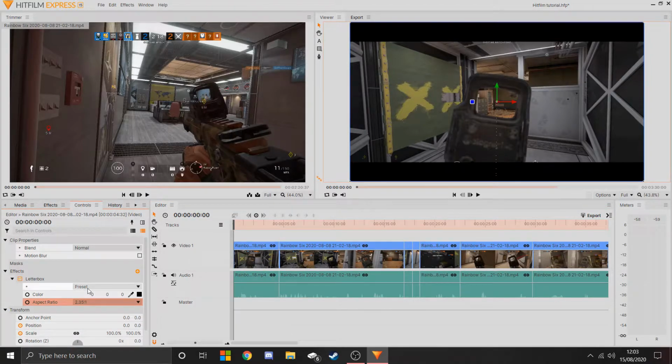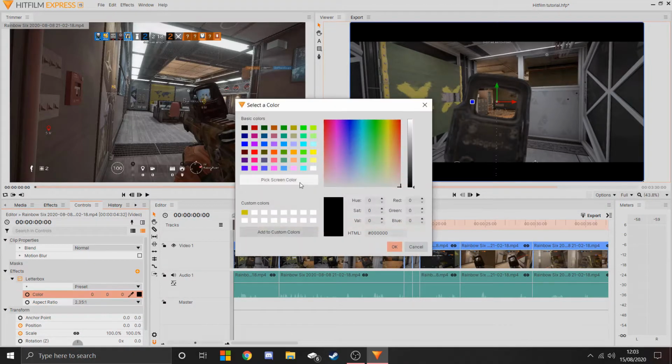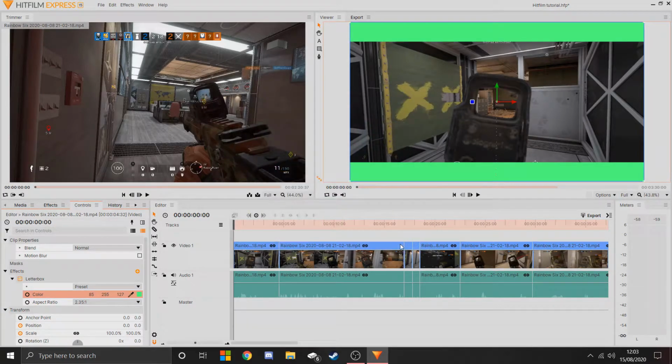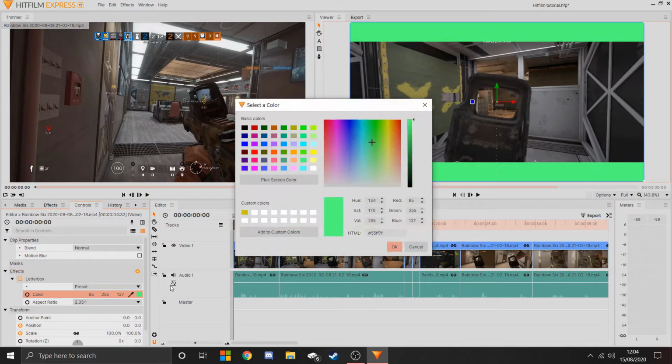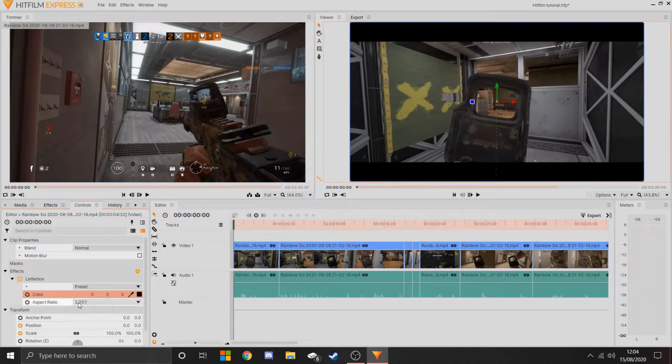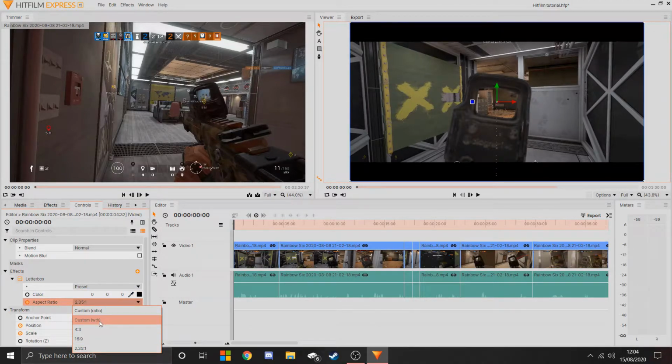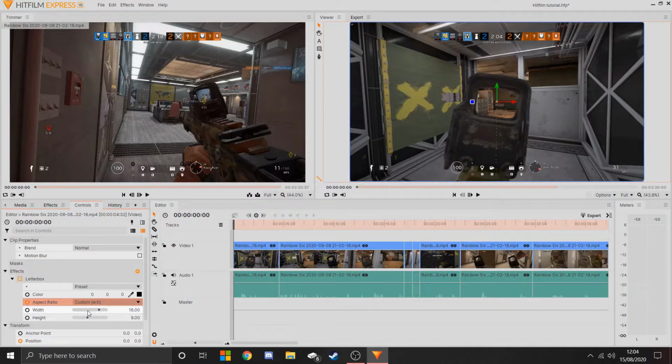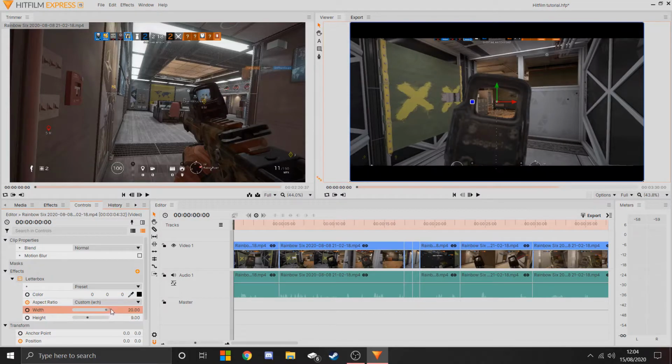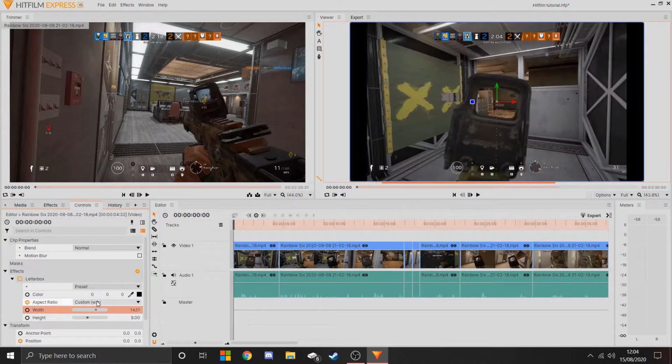You can change the colour of the bars if you want a different colour. I'm just going to stick with black because that seems to be the standard, black or white. You can do a custom ratio, custom width and height. I find custom width and height a lot easier than the ratios. That just enables you to, if you want it sideways,